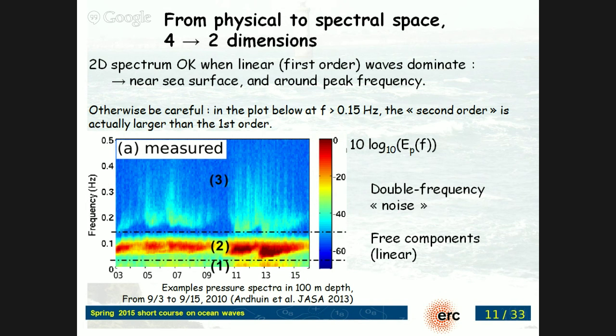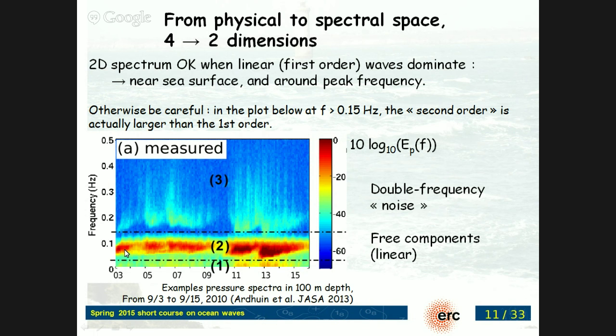The other funny thing is, of course, at the surface, if you do actually measurement at the bottom of the ocean, and this is one example of pressure record from outside of here in 100-meter depth. So you have the frequency here and time, and the frequency goes from 0 to 0.5 hertz. So this is 2-second period, and this is like 10 seconds. So people among you that do some measurements at sea, they know that if you want to measure waves with a pressure sensor at the bottom, you never can measure the very short waves. That's the usual wisdom. So it's mostly true, and actually what you see is this big band of energy here, which is the usual wind sea and swell band.